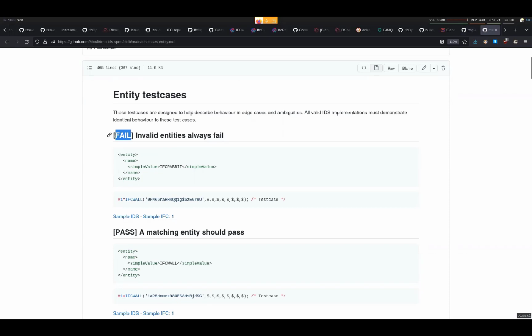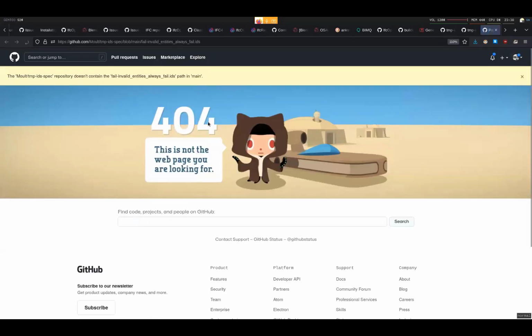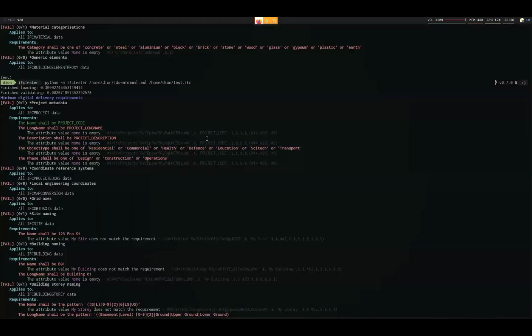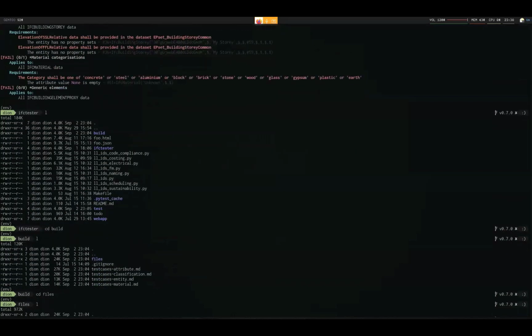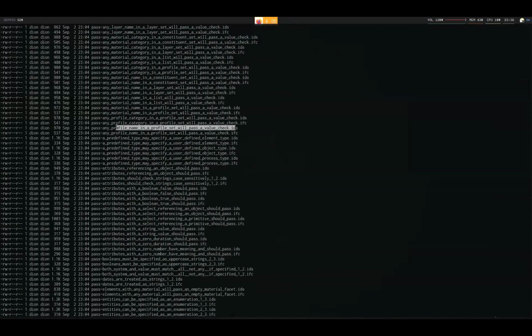So it has a fail, and every single test case will give you a sample snippet of XML that you'll find in the IDS. It'll give you a sample snippet of IFC that you'll see in a relevant IFC. You can also download a sample IDS and IFC. This one I haven't uploaded, but they are there. For example, if I go into here, here's a whole bunch of IDS and IFC files for every single test case. So you can open any one of these and you'll be able to see,